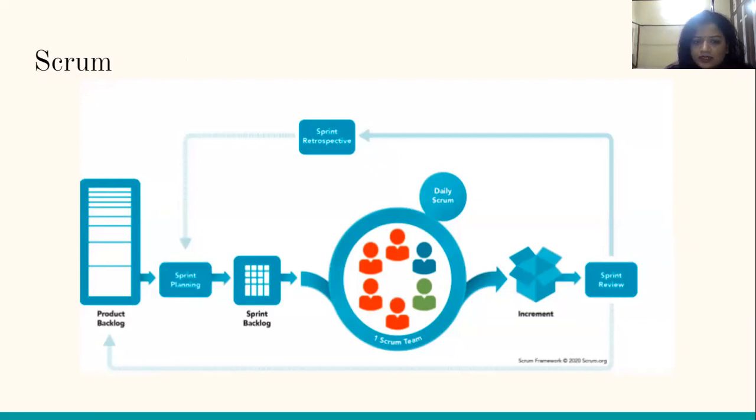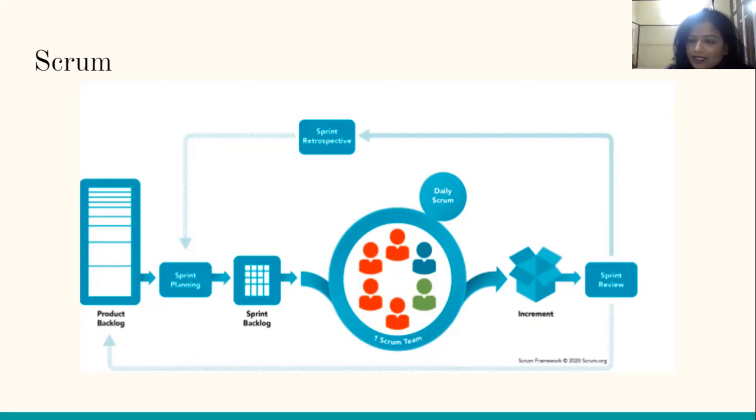This diagram depicts Scrum. We have a product backlog, that is the requirements of the software. From that, a few requirements are chosen for a potentially shippable product for a particular sprint. A sprint usually consists of 1 to 4 weeks. Those requirements that we can deliver to the client within 1 to 4 weeks are chosen for a particular sprint and added to the sprint backlog.